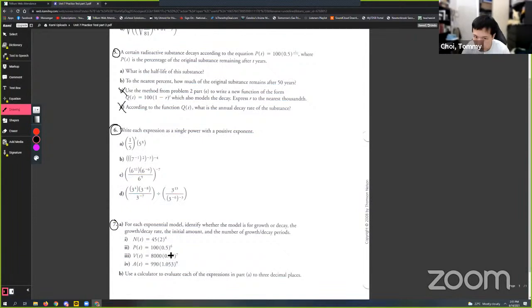Okay. So these are the questions I'd like you to do before tomorrow. Of course, these are good questions to practice for tomorrow. It's like you have your word problem, you have your exponent laws, and then you have identification of growth decay, right? So make sure you do these, and then we're going to take it up tomorrow, as well as some of the textbook problems that you may have, questions that